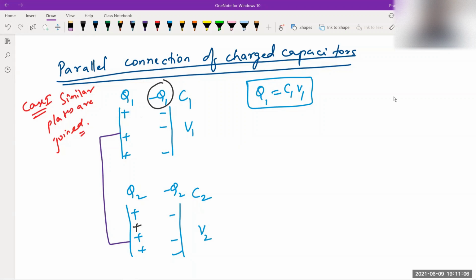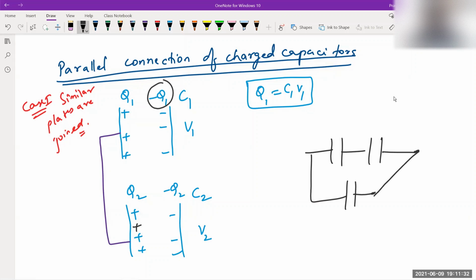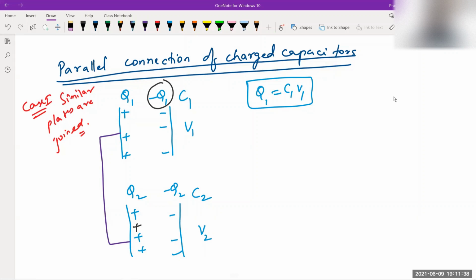Just remember this one, because in numericals, it is very necessary. It is very much important. A single plate cannot exchange charge until and unless the other plate also changes the charge. So in the next sessions, we will be connecting capacitor plates like this one. These will not exchange charge until you complete the circuit. All the plates will exchange their charges only when the equal and opposite condition remains the same, with no invalidity of that equation.